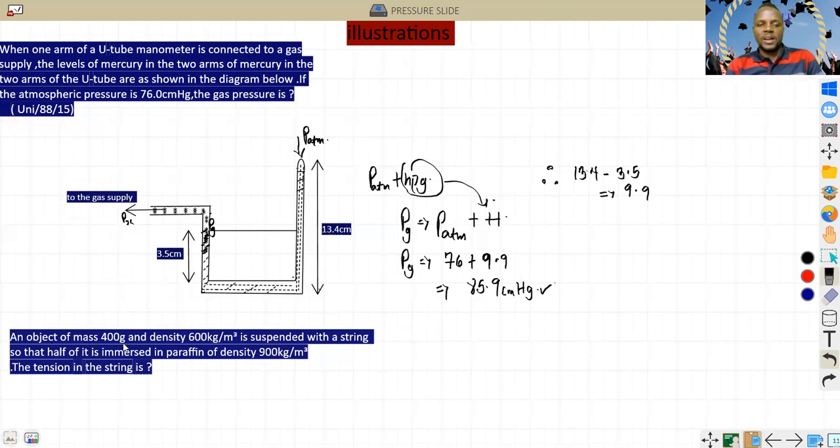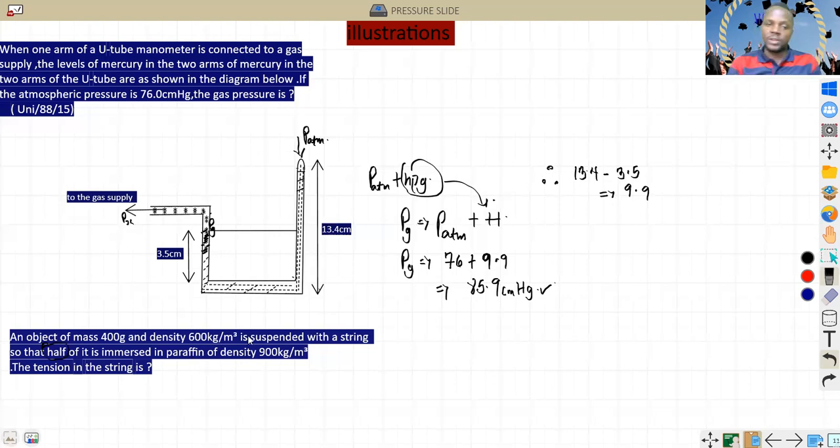an object of mass 400 gram, be careful about the SI unit, and density 600 kilogram per meter cube, is suspended with a spring. So you can see that's the concept of apparent weight, because it has been suspended with a spring balance. Those are ways to know what the examiner wants to ask you. So that half of it is immersed. You can see not everything is immersed. Conditional statement: half. Either you see half or 1/2, which is the same thing as half. Be careful about that. It is immersed in paraffin of density